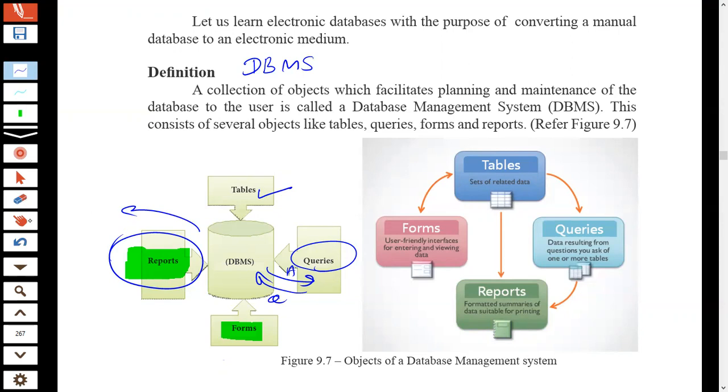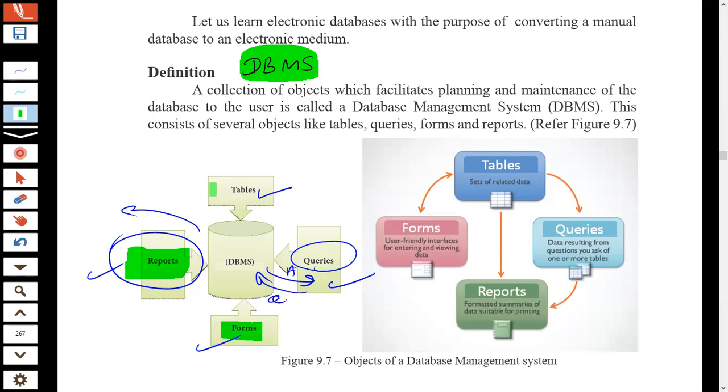So those types of objects called tables, queries, forms, as well as reports, are the objects inside a database management system. These objects are normally developed using computer software. So we can say a database management system is developed as a set of software.